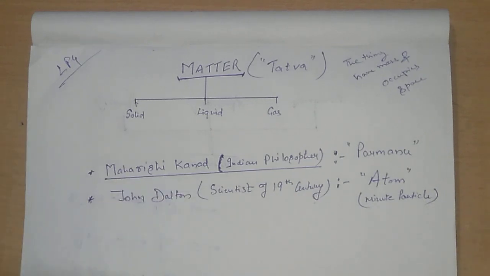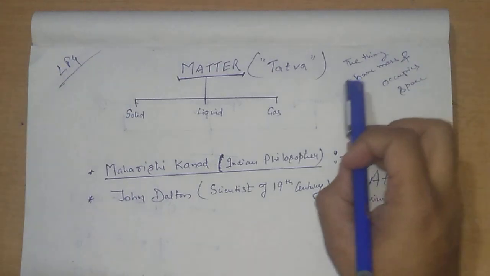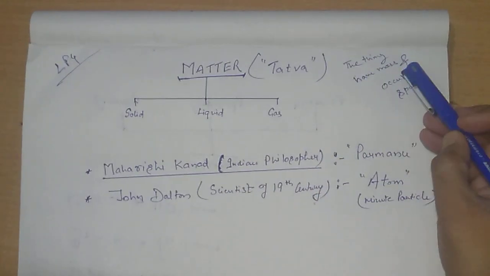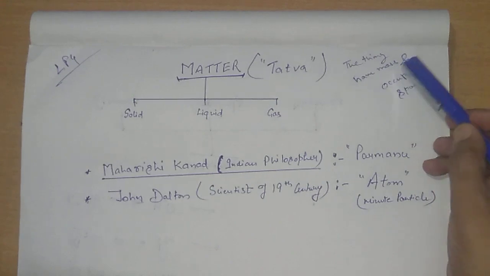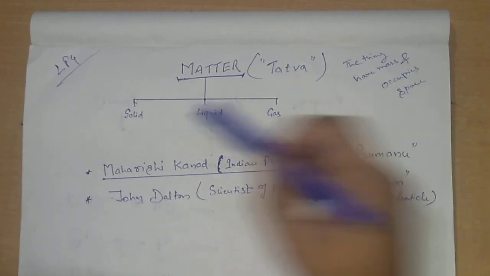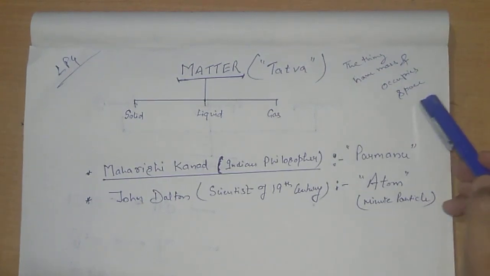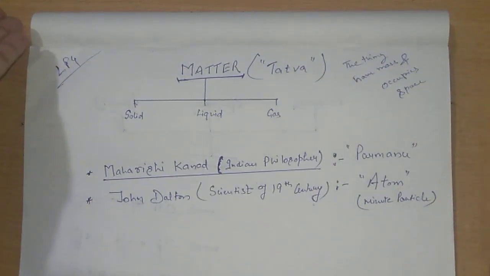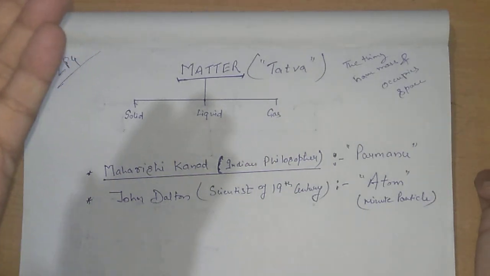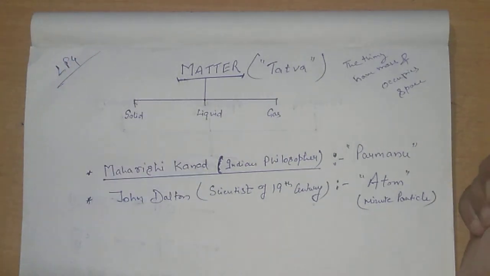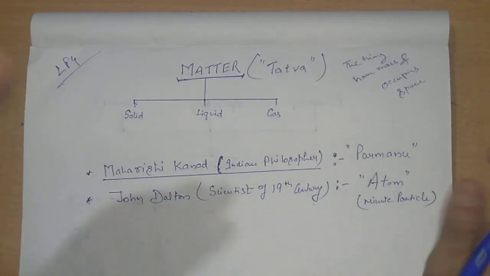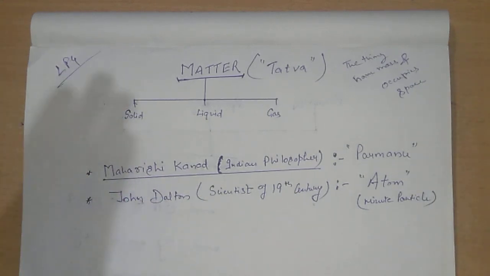But what we need to understand about the LPG in this example is that an LPG gas cylinder has mass, and it obviously occupies space. So whatever gas is filled in that cylinder has mass as well as occupies space, so we can call it matter. Clear? Like yourself, you have mass and you occupy some space in the room. So you yourself are matter, or tattva. So we are clear.